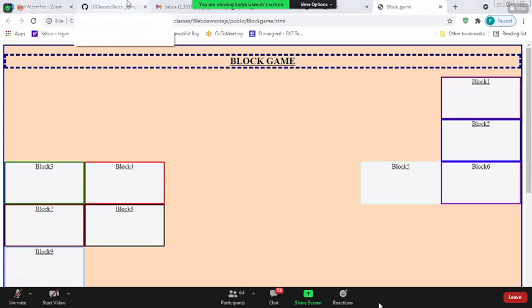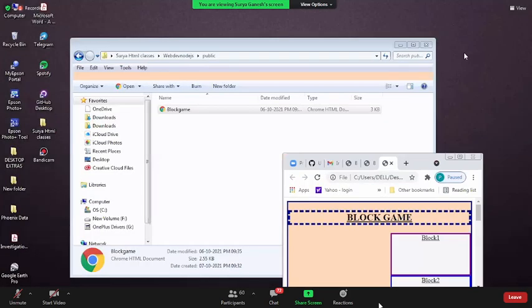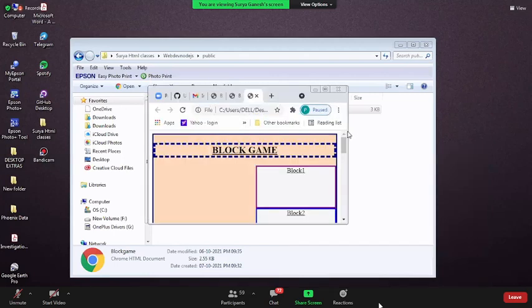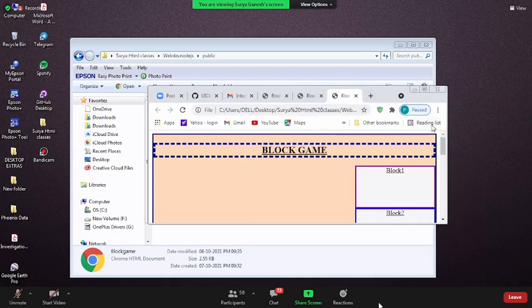Sir, sorry, I was on mute. I'm not able to see because of the screen sharing bar at the top. Oh, is it? Okay, maybe you can stop screen share for some time, or minimize the window so you can see it there. Okay, sir. Now expand the window, and you can see the URL. You can increase the width of the screen. Sorry for the delay. Come on, Surya, you don't need to be sorry. That's all fine. More expand.